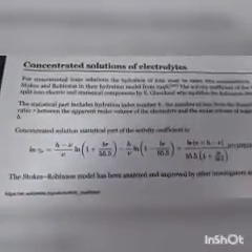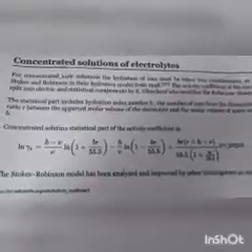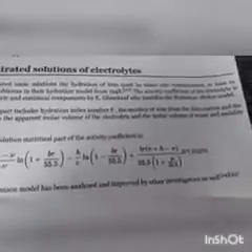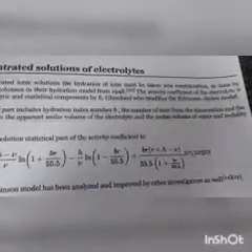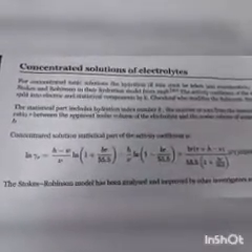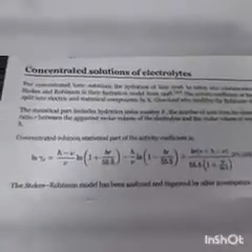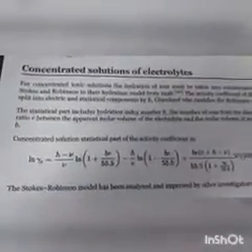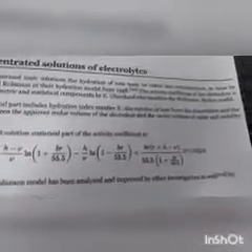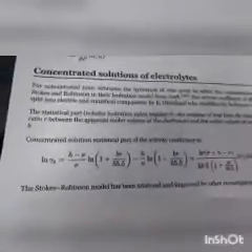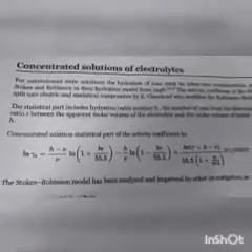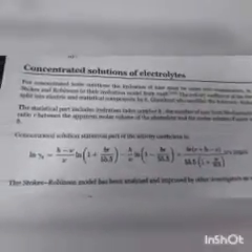The statistical part includes the hydration index number H, the number of ions from the dissociation, and the ratio R between the apparent molar volume of the electrolyte and the molar volume of water, and the molality B. The statistical part of the activity coefficient is